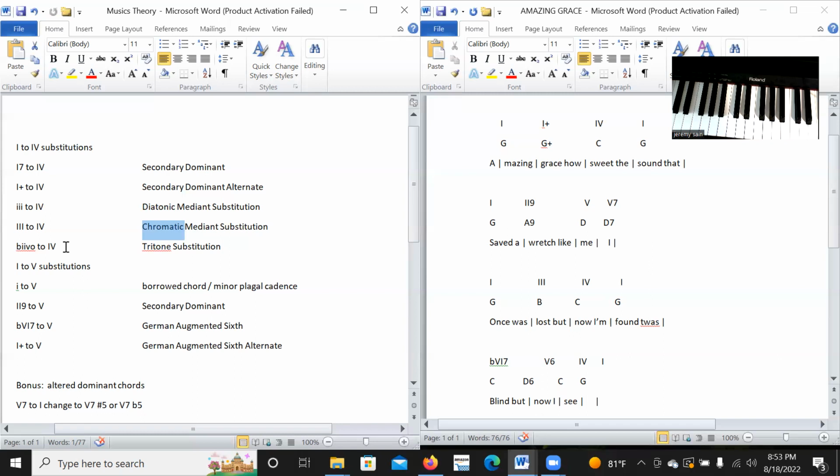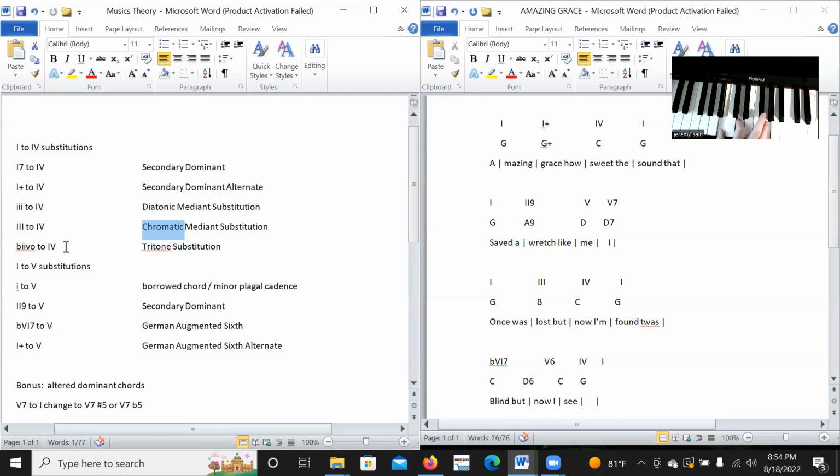Alright, so that's the 1/4s we came up with. We also come up with a lot of 1/5s. The first one was to go 1 minor to 5. And there's a couple ways we can think about this. Probably the easiest, most natural one is the idea of a borrowed chord, which is, it's kind of like so